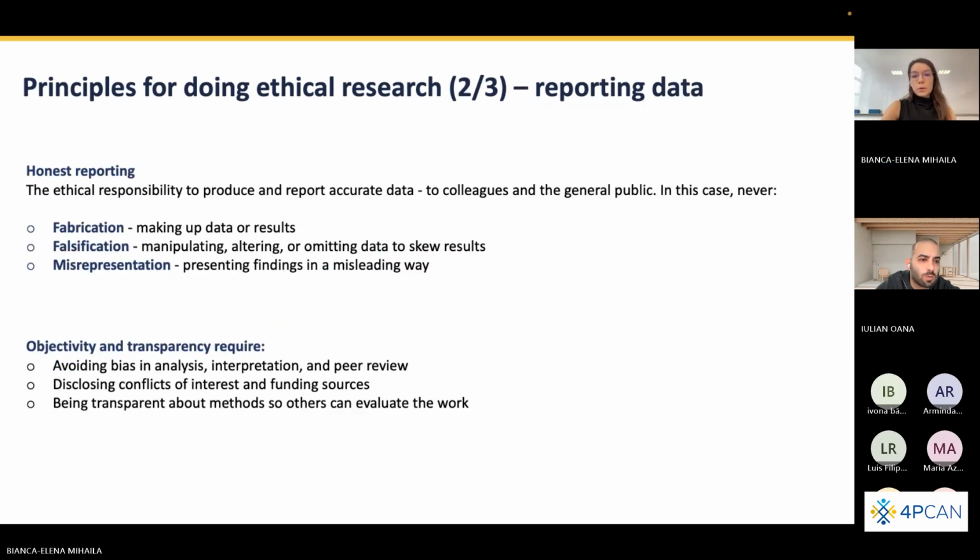In terms of reporting, we need to have this in mind: to report in an honest way. No fabrication of data, no falsification of data, no misrepresentation, no manipulation of the data in order to fit some results or in order to sustain some research hypothesis. And this is the main reason why